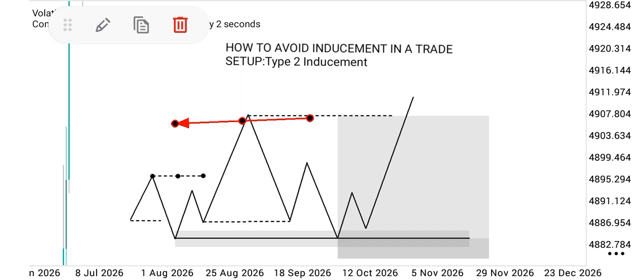Let me show you what some traders will be doing. Some traders will be marking this point, you see this point, as an internal break of structure, which it is not. This is not an internal break of structure. This is an inducement. When traders mark this as a break of structure, this break of structure here is not yet complete. Many traders will be marking, oh, we've seen a break of structure, this is a break of